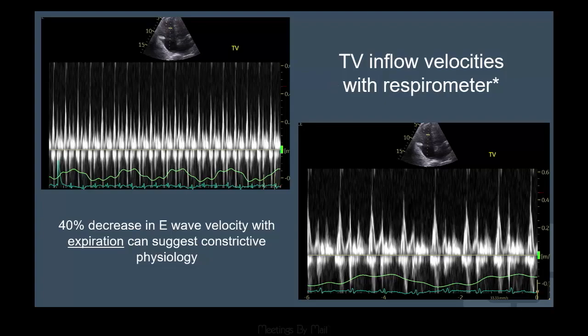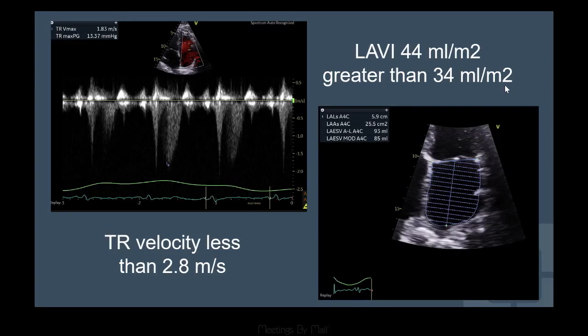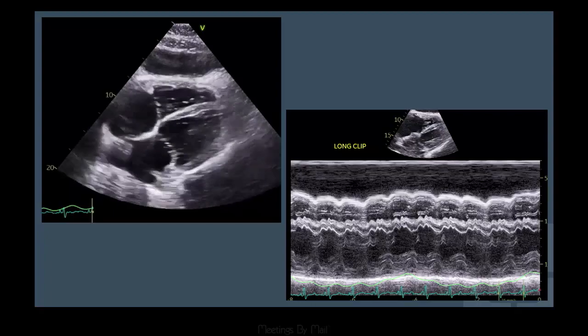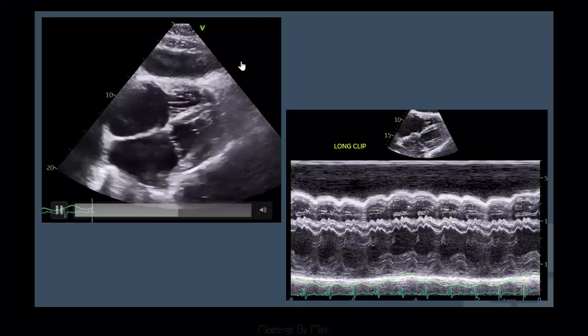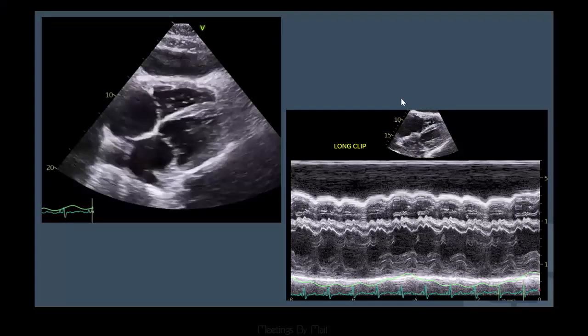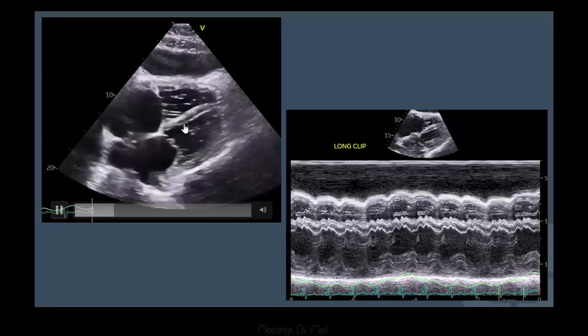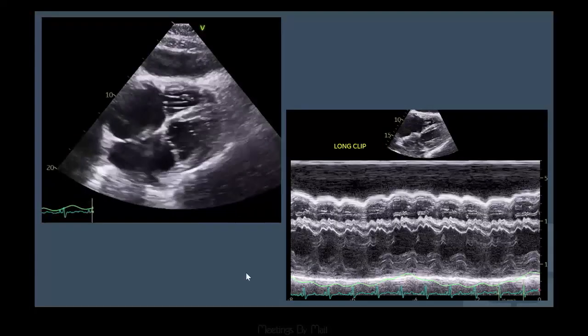Okay, and here's the tricuspid inflow, which is opposite. Usually a 40% decrease in E wave with expiration can suggest constrictive physiology. Next. Here the left atrial enlargement is large. Next. Nice subcostal view. Notice the septal bounce, and in the lower right you can see a long clip with breathing,